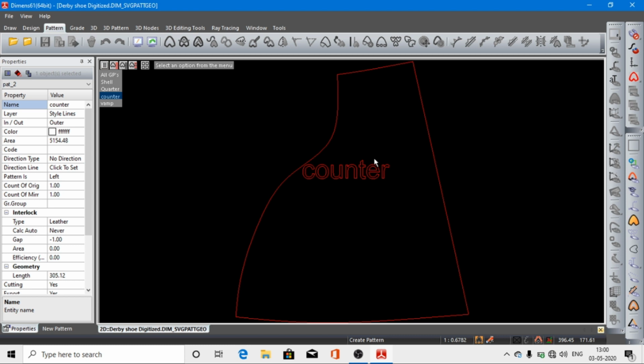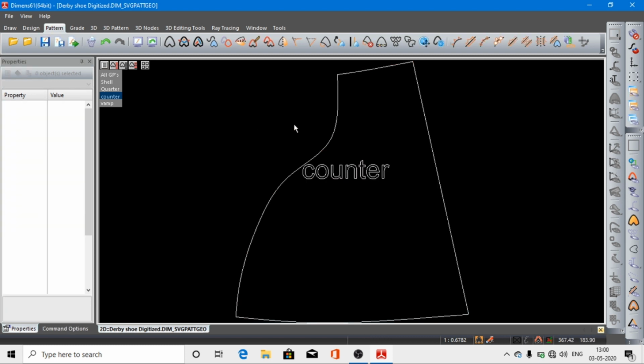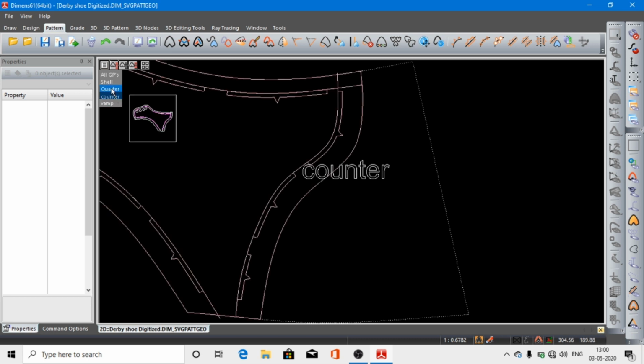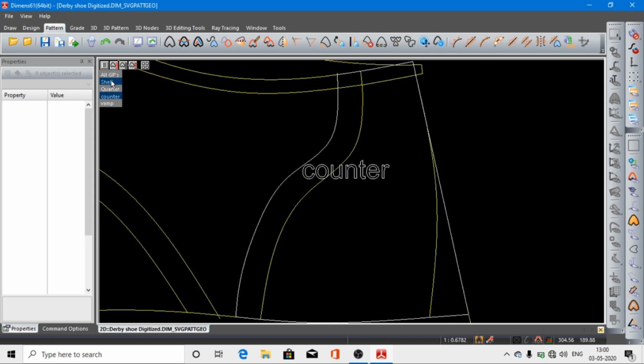Next, very important, you will go to the outside of your pattern and double left click over there. Now we have to add the new simple elements, underlay allowances and folding allowances. Then we will press the control button and then we will go to the shell. Now we have to do something. First of all, we will go to the split, and here we will take the split, leave it. You will go to the pattern and you will come to here simple element, left click over there,